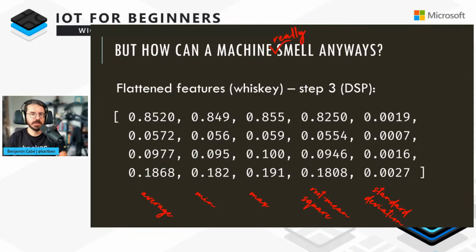If the standard deviation is really close to zero, then it means that the smell is fairly steady. If the standard deviation is slightly higher, then it means the smell is maybe more volatile. And so that way we capture interesting information, or at least we capture information that at the end of the day, I realized was enough to effectively train